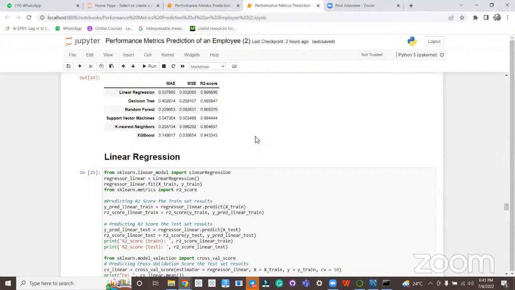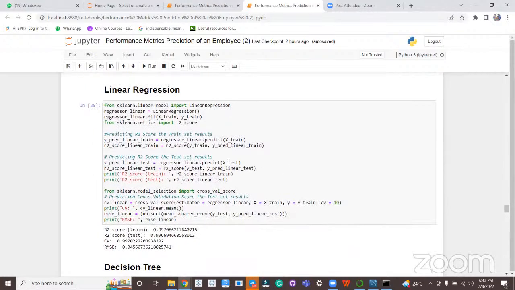So that's the comparison of the results, but these results are obtained when we develop the models. You can see in cell number 25, the linear regression cell, this is the code, and you can see the R squared for training data and test data, which is too good to realize that the model is working. 99% accuracy cannot be used to generalize the problem. When we added noise data and verified the model, it was failing drastically. So we couldn't use this very, very accurate model.